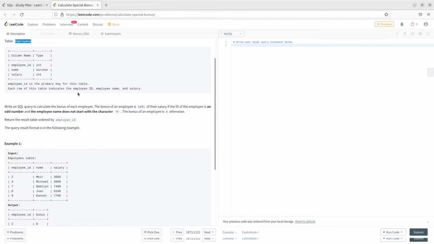Employee ID is the primary key for this table, and each row of this table indicates employee ID, employee name, and salary. We'll have to write a query to calculate the bonus of each employee. The bonus of an employee is 100% of the salary if the ID of the employee is an odd number, and the employee's name does not start